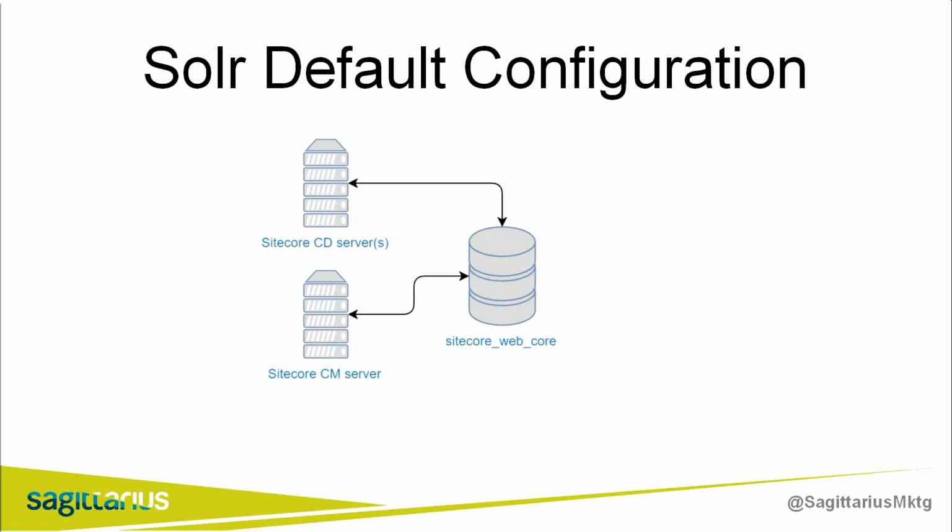A SOLR core is pretty much the same as an index in Lucene. So I will use core and index as synonyms in this presentation. And a Sitecore CD server or CD servers can work with the same core, and it means that we are able to add documents to the index, and they immediately appear on CD servers